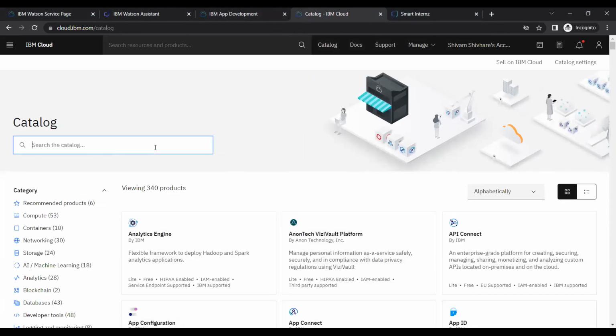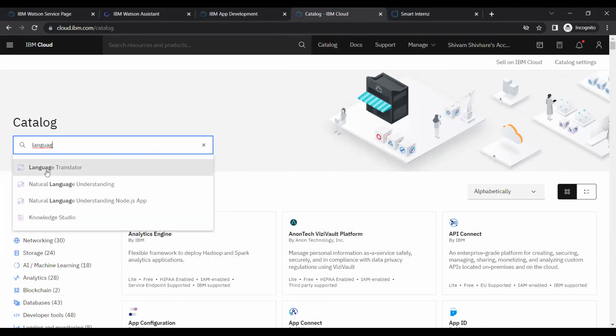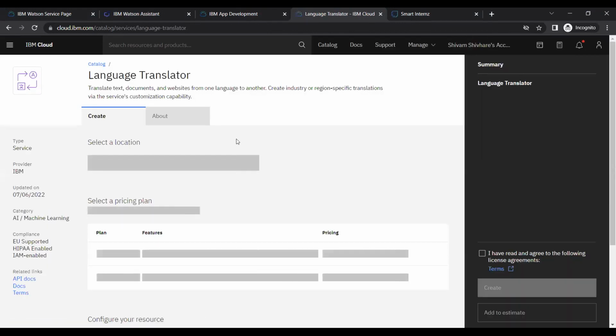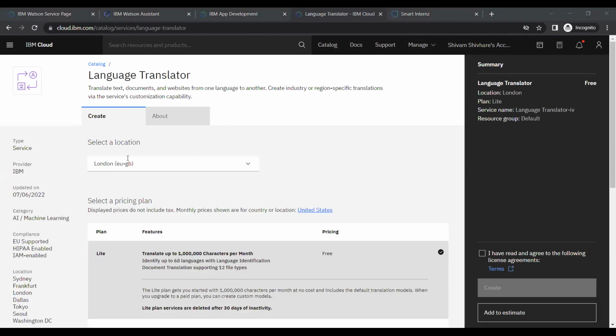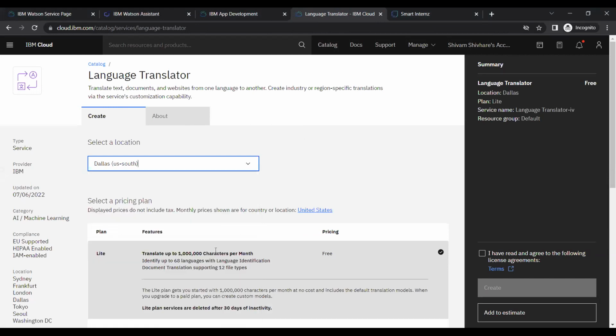After that, search for language translator. So search for language translator. This is the service we are going to use. Please search language translator. Select location as Dallas for this also, Lite plan, and click on this checkbox and your